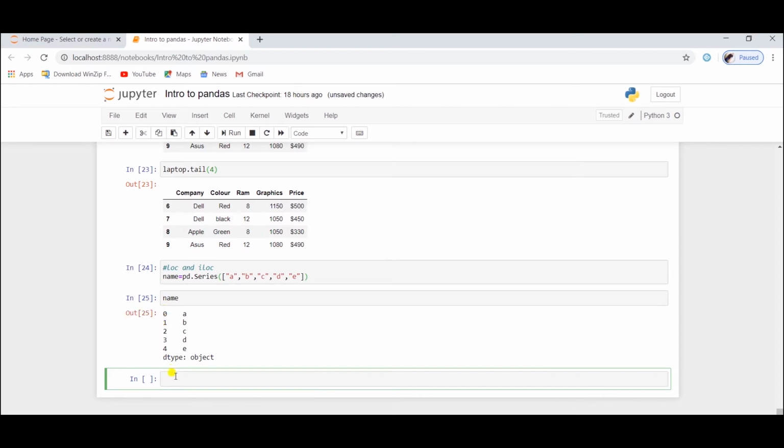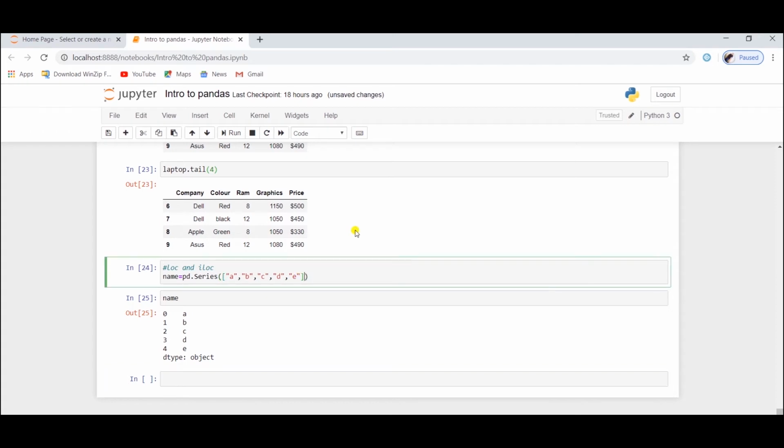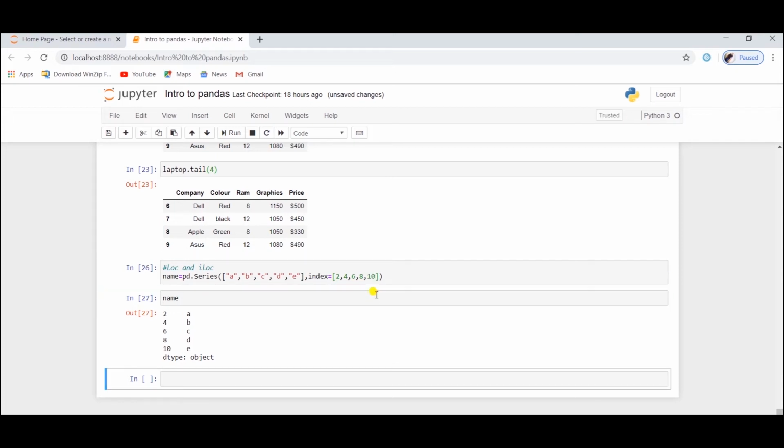Now if we want to change the index numbers, we have to type our series index is equal to whatever numbers you want to give. I am typing 2, 4, 6, 8 and 10. Now if you run the code, you will see the index numbers have been changed. So let's run. Now you can see the index is changed to 2, 4, 6, 8, 10. I hope you got how to change the index.